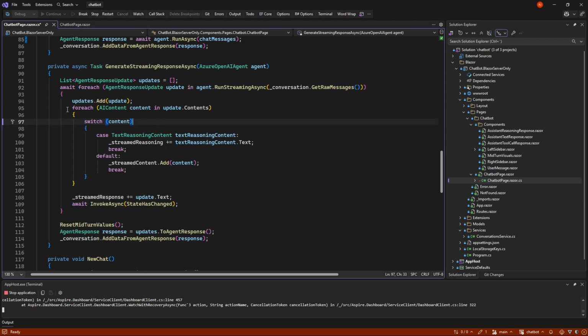So in order to do that, we need to do a fairly heavy foreach around every single level of these, which again, there come several hundred of them. Luckily, C# is optimized, of course, but it's fairly much what we need to do. And every time we get some content back that is text reasoning, we also need to put it into a stream reasoning part. Or if it's another type of content, meaning a tool call or a tool call result, we put them into the stream content here. And again, every time we need to redraw the GUI.